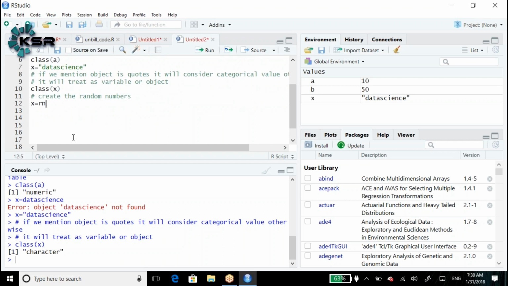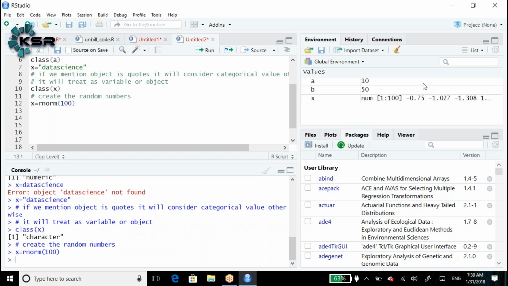rnorm of 100. Rnorm of 100 will give us 100 values. Everyone can see in the global environment. Can you please see in the global environment? In the global environment, X is num, meaning numerical numbers, 1 colon 100.